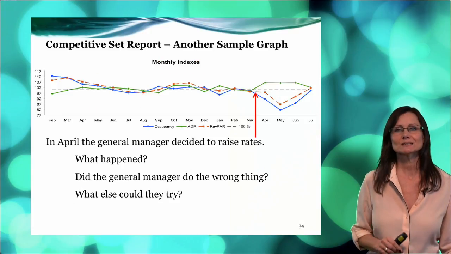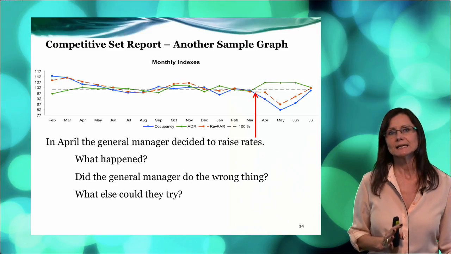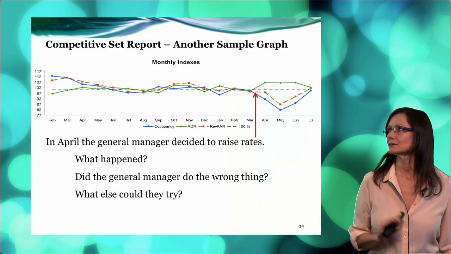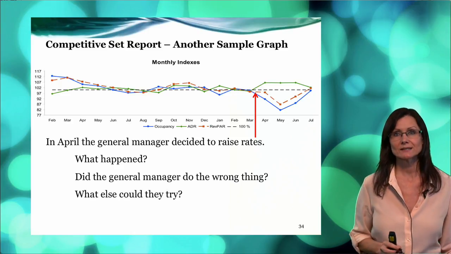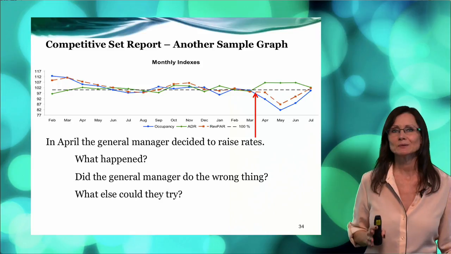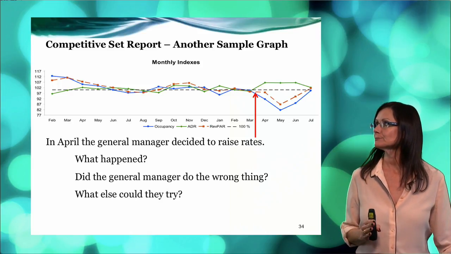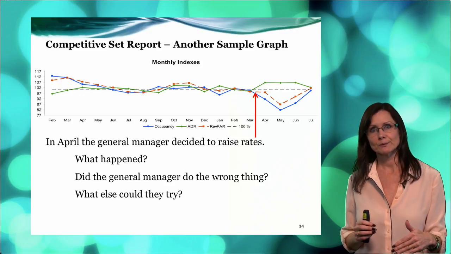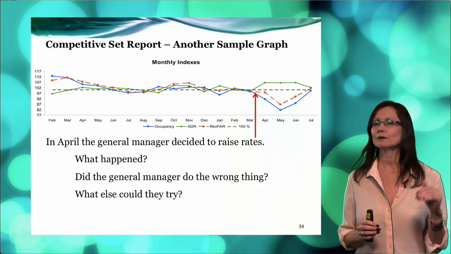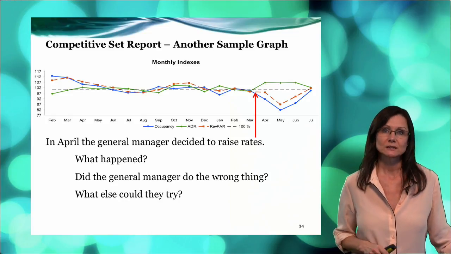Now let's just have a look at this for a minute and think about it. We can see here that in the month of April, the green line has gone up, which means that our general manager decided to raise rates. Now what has happened as a result of that? You can see there in the month of April when the rates went up, RevPAR went down slightly, occupancy went down quite a bit. The following month, occupancy went down significantly,